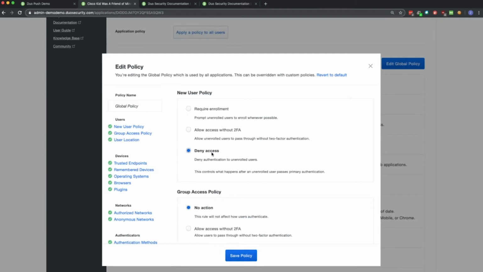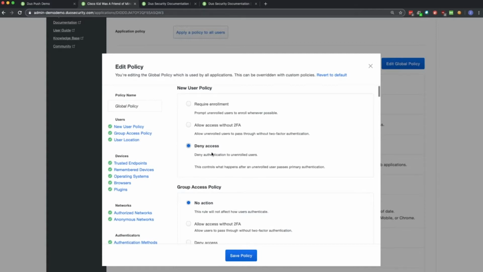The flip side of this would be to deny access. And unfortunately, where we usually see this in place is when someone is adding Duo as a remediative step after they believe that they've experienced an incident. In many cases, part of this remediation is trying to restrict access until a user's identity and credentials can be verified by the security team. And in that scenario, you could say, even if a user has valid primary credentials, if I have not enrolled or added them to Duo, do not allow them access, even if they have that valid username and password.